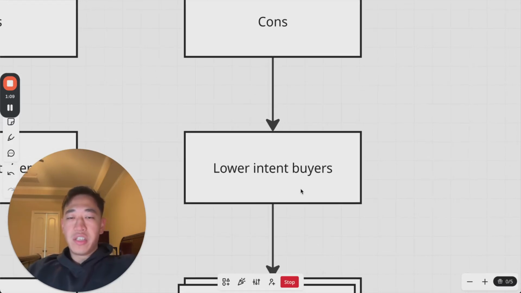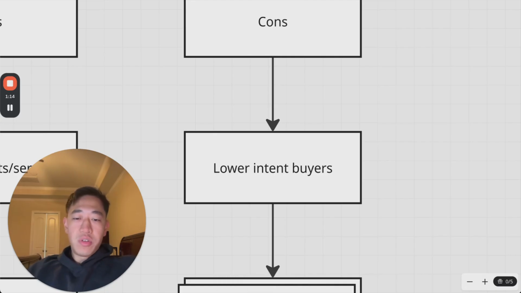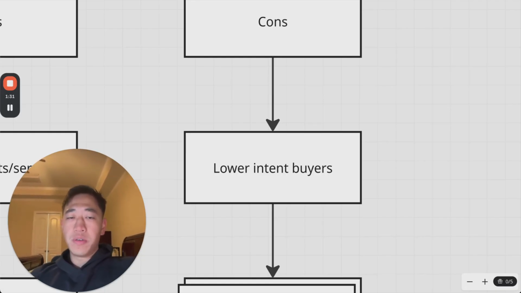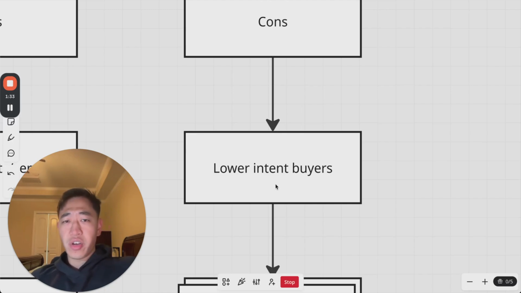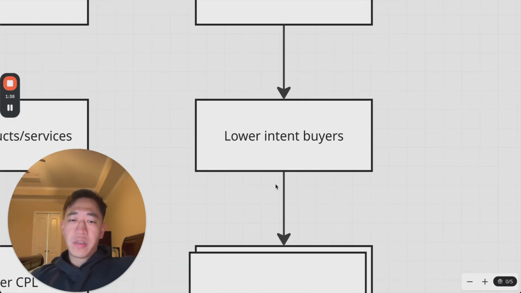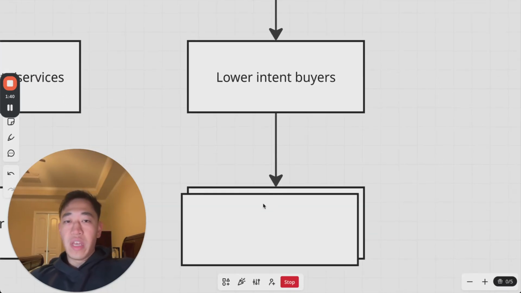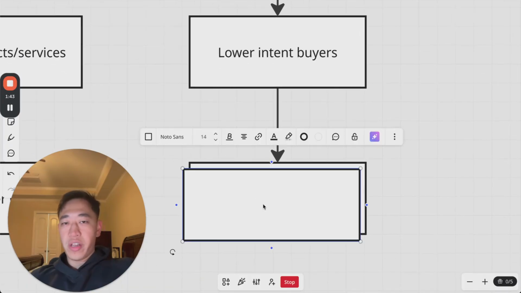With Facebook ads, it's just catching people whenever they're doom scrolling on their Instagram or Facebook. So generally, there's going to be lower intent in terms of the buyers. However, the pixel is pretty smart. Let's say a homeowner is searching on Google, they go to Facebook, doom scroll, and then they get targeted with pool ads or kitchen remodel ads. So for the most part, the intent is going to be more window shoppers, but they can also be high quality if they came in from Google ads or Google organic search and then Facebook tracked that on the pixel.